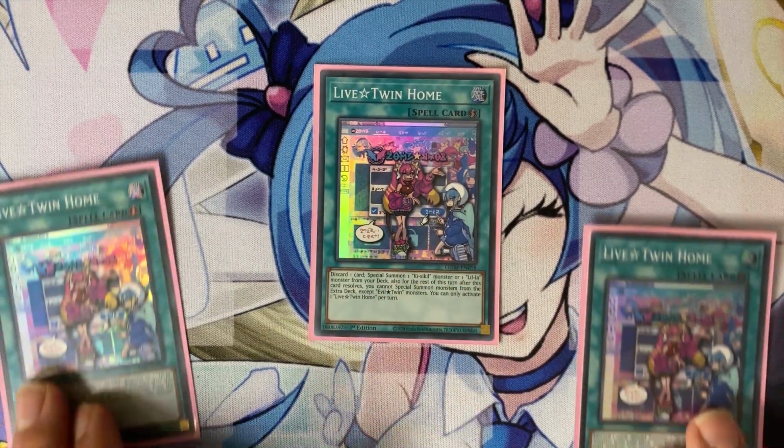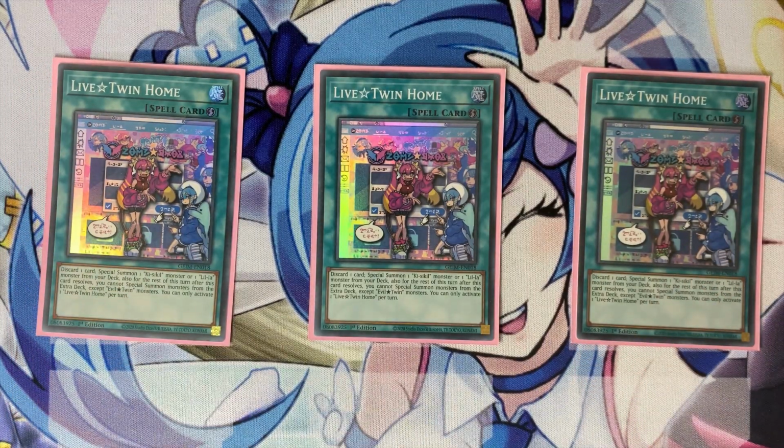This is the extender of the deck, and a lot of people play 1 copy of this card, maybe 2, but I like maxing it out, especially now because we don't have that many extenders. Along with 3 copies of Secret Password, we have 6 extenders that if your Live Twin monster gets stopped, unless